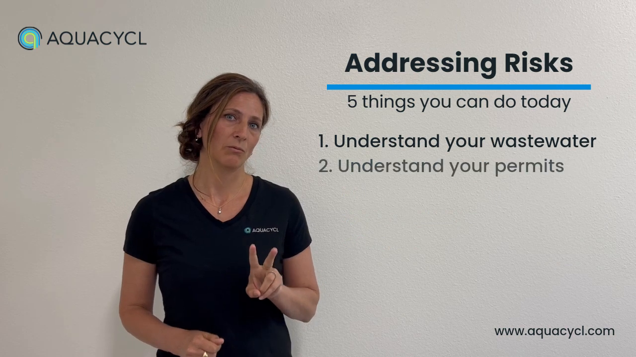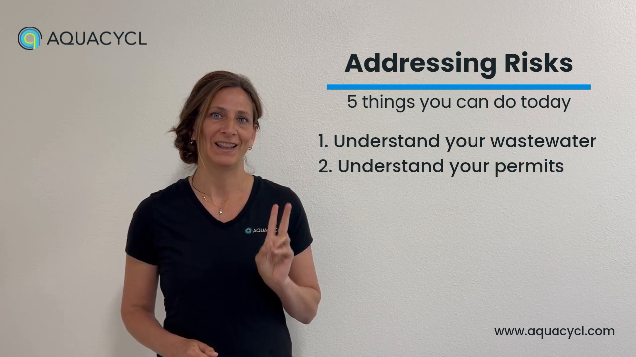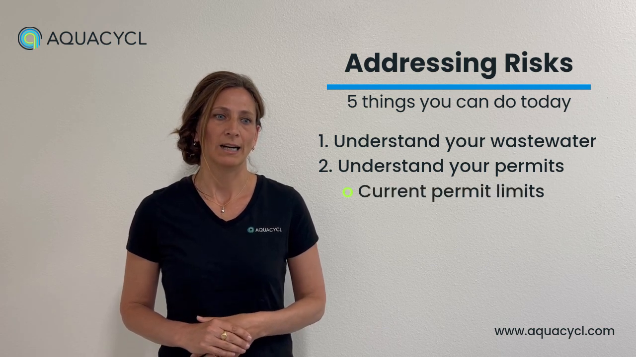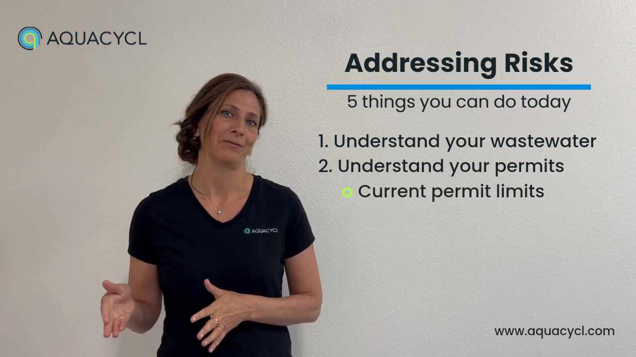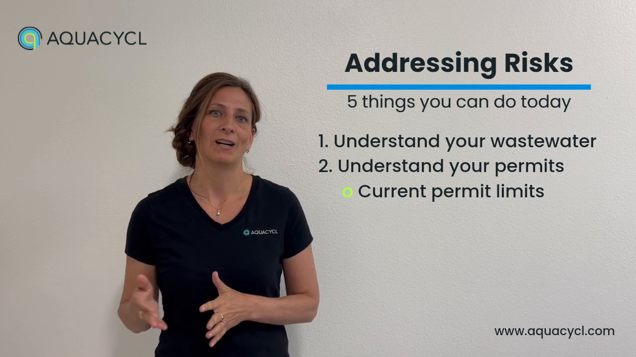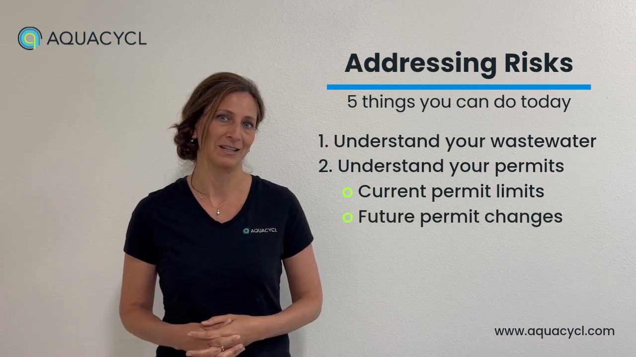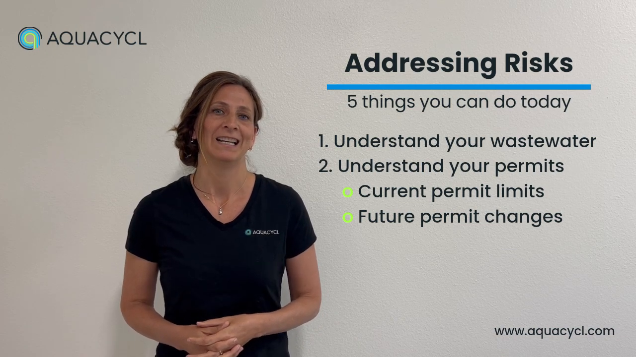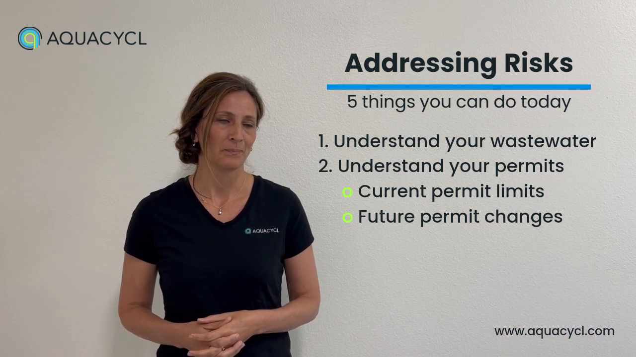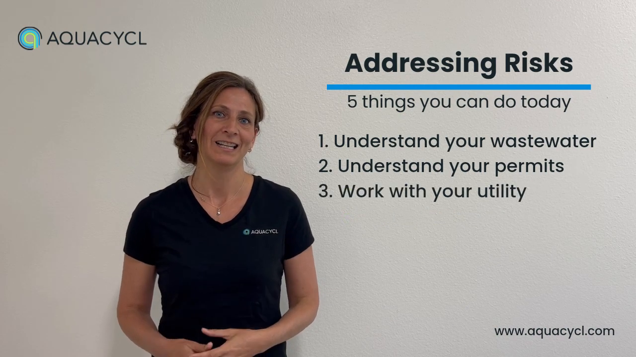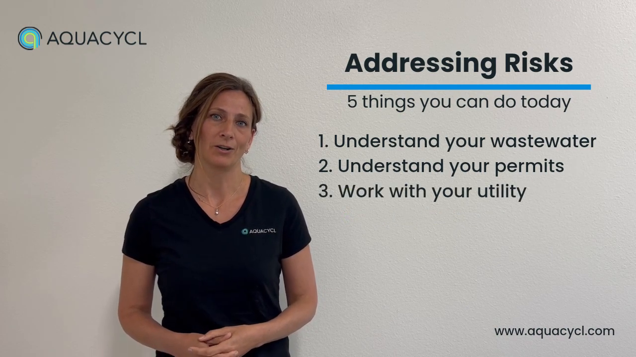Number 2 is understanding what your permit actually allows. And this is usually pretty straightforward, but you also need to think for the future and understanding what future permit changes, regulatory changes, because there's always things coming down the road to you, and staying on top of that is important. Which leads to number 3, which is working closely with your utility and really using them as a partner,